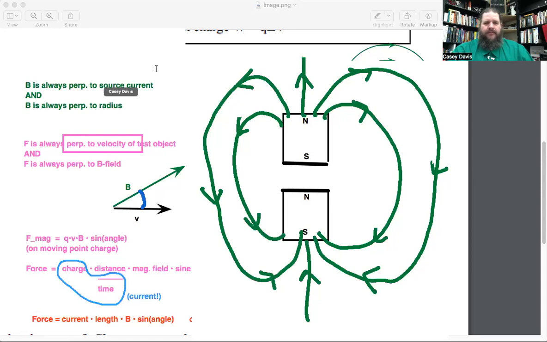Would that make the magnetic field smaller for each magnet itself? If you break it apart and separate them, then yes, the two pieces individually would have weaker magnetic fields. But if you just make a slight cut here, but keep them in the same position, the whole thing overall still has that strong magnetic field. In fact, you can even see what's going on inside. If you take a look at what's going on within the bar magnet by, let's say you cut a hole in it and put a compass here,